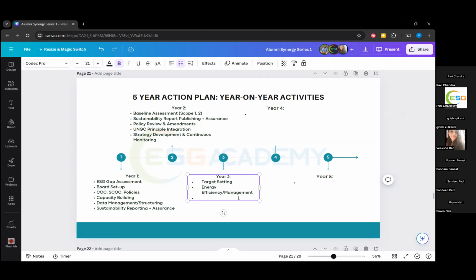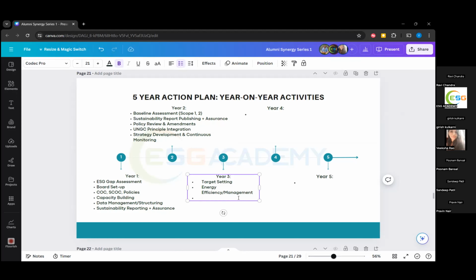Right, sir? Okay, got it. Yeah. So probably training and development targets, or maybe targets for health and safety. Maybe, for example, your LTIR is, let's say, 1.4. How to bring it to 0, or maybe 0.5 in the next 5 years, and then in a further 5 years, let's say 2035, 0 LTIR, and let's say